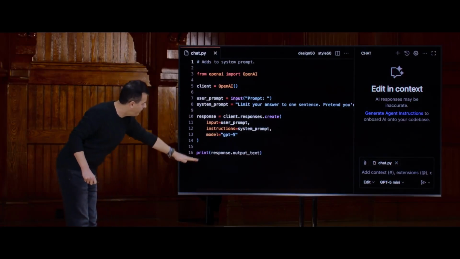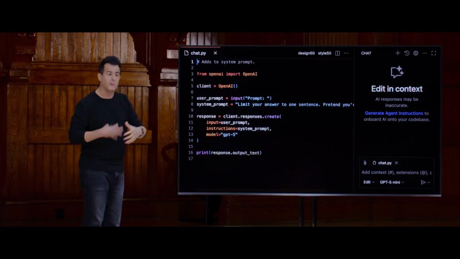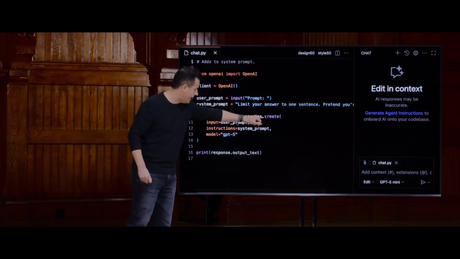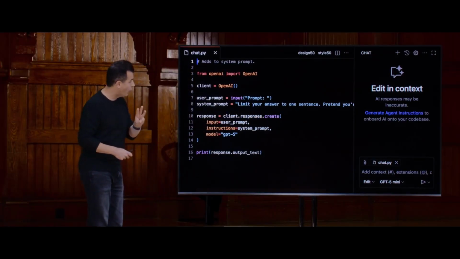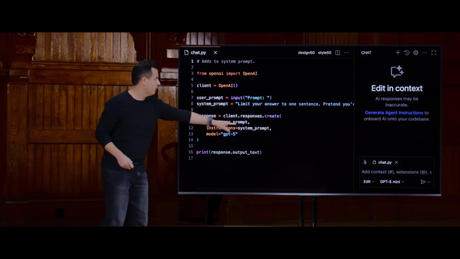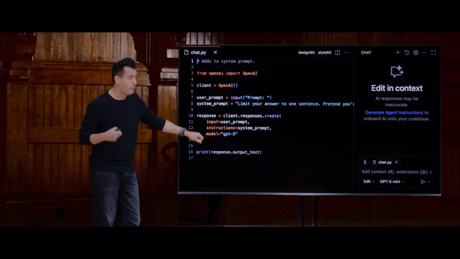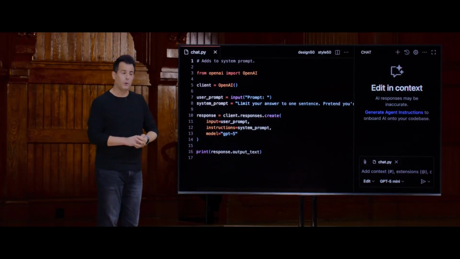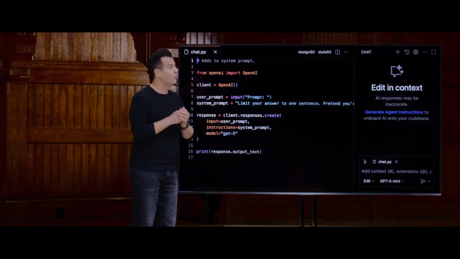And then we used some bit more arcane code here, but in essence, we created a variable called response, which was meant to represent the response from OpenAI's server. We used client.responses.create, which is a function or method that OpenAI gives us that allows us to pass in 3 arguments: the input from the user, that is the user prompt, the instructions from us, that is the system prompt, and then the specific model or version of AI that we wanted to use. And the last thing we did that day was print out response.output_text. And that's how we were able to answer questions like, what is CS50 or the like.